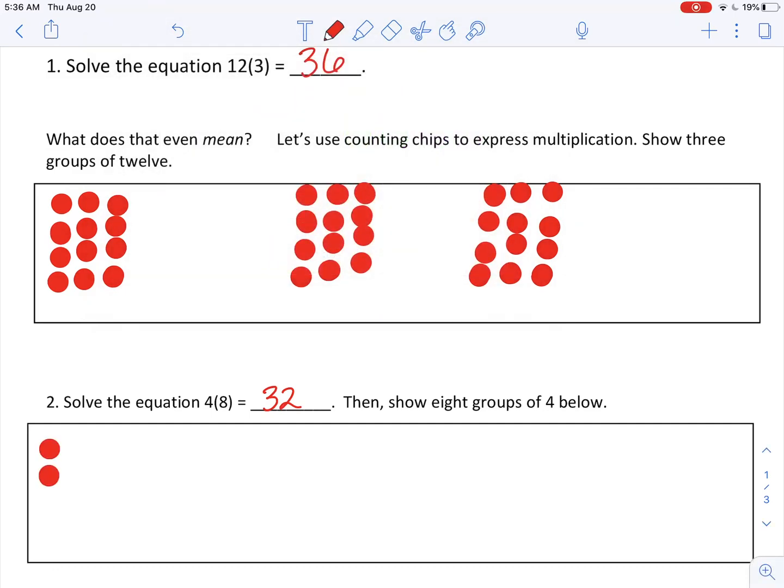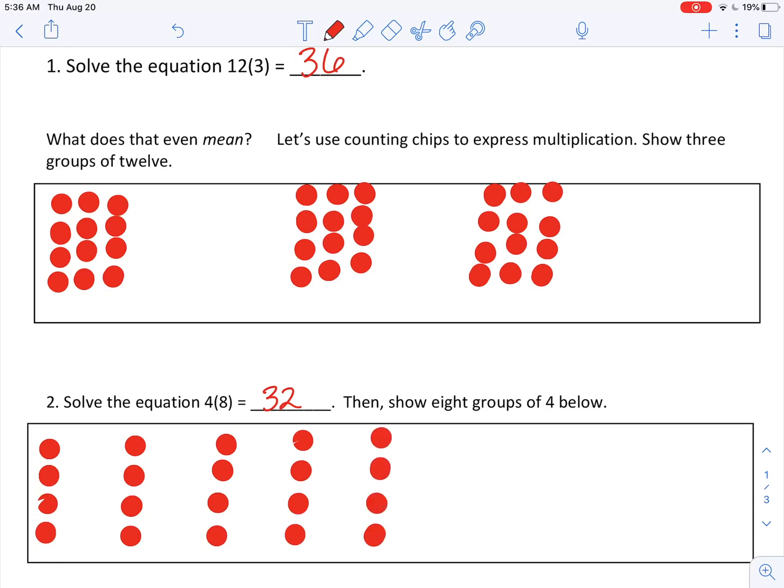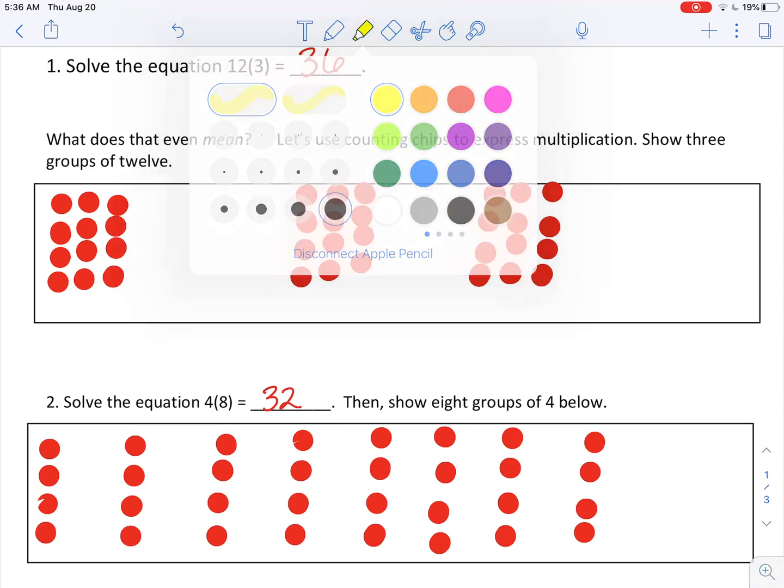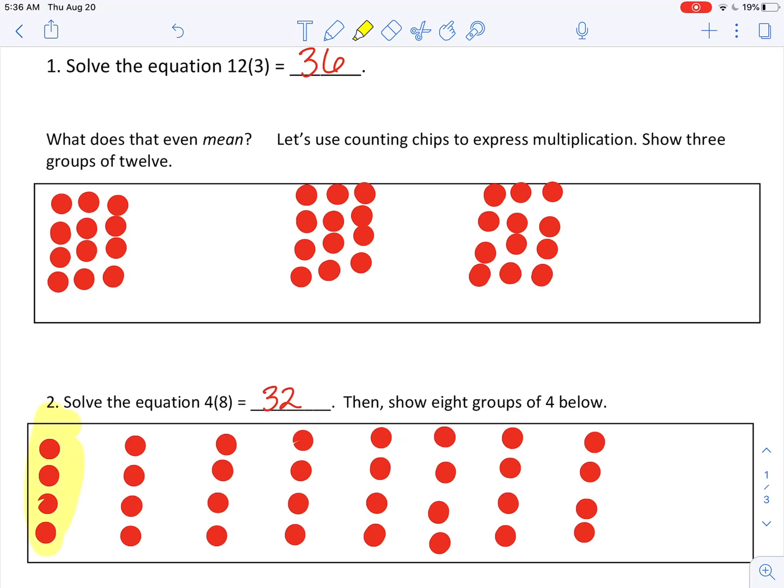Well, if I show 4 8 times, so 4 8 times, this is 4, here's 4, but I did it times 8. So that's another way of thinking about